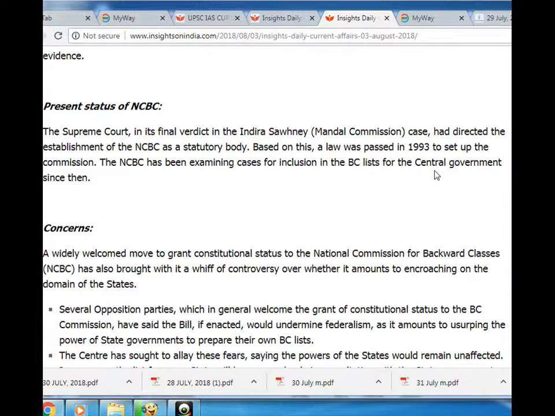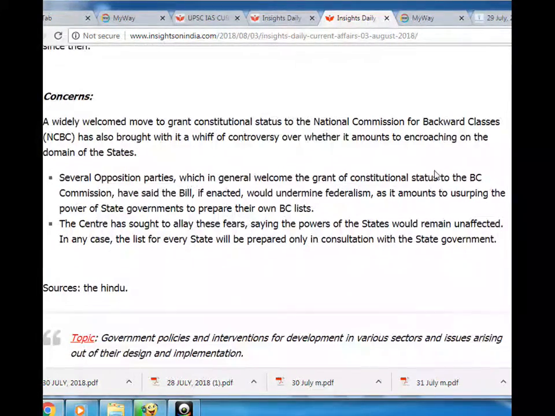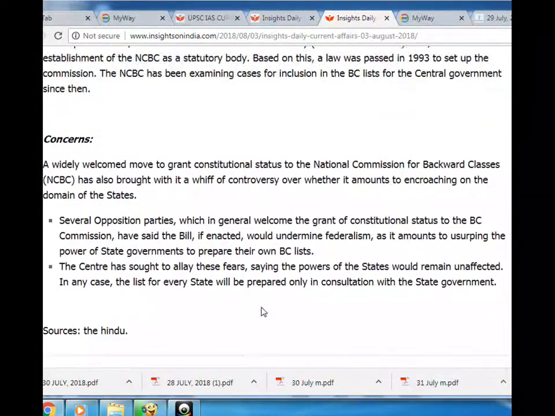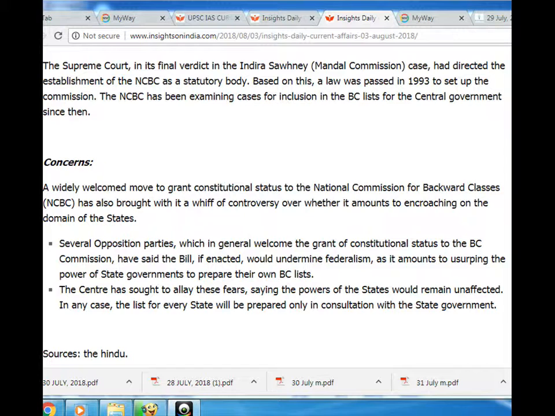Concerns: a widely welcomed move to grant constitutional status to the National Commission for Backward Classes, NCBC, has also brought with it a whiff of controversy over whether it amounts to encroaching on the domain of the states. Several opposition parties, which in general welcome the grant of constitutional status to the BC Commission, have said the bill, if enacted, would undermine federalism, as it amounts to usurping the power of state governments to prepare their own BC lists. The Centre has sought to allay these fears, saying the powers of the states would remain unaffected. In any case, the list for every state will be prepared only in consultation with